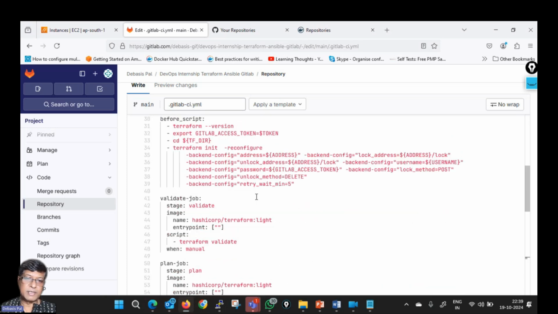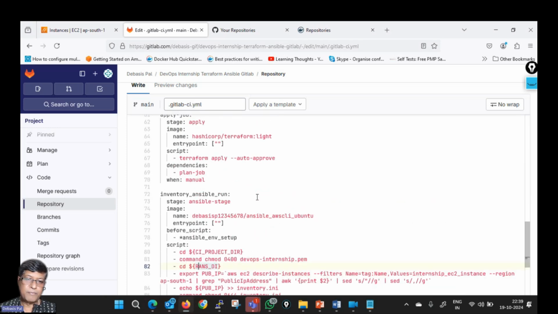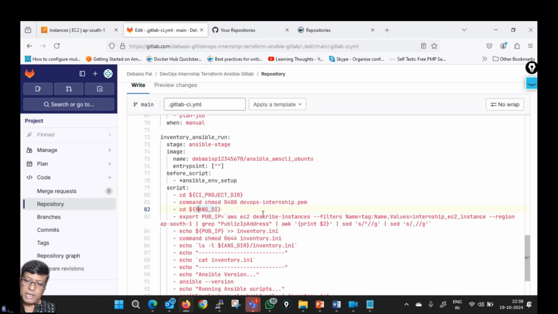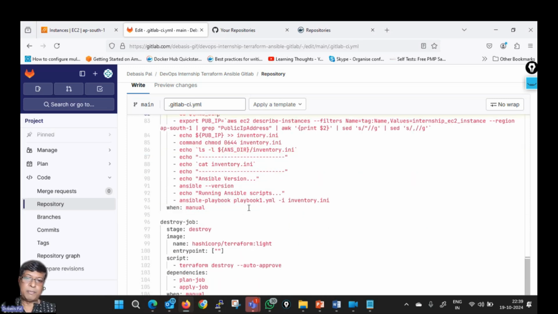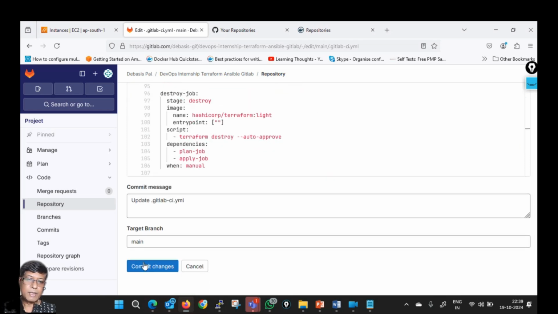That was the mistake, some typo error. So I will quickly make it ans dir. There must be some reason, and definitely now it will find it. So there was a change. Let me commit the changes,